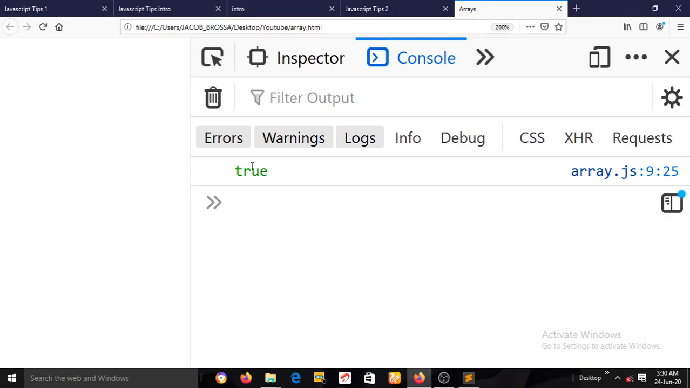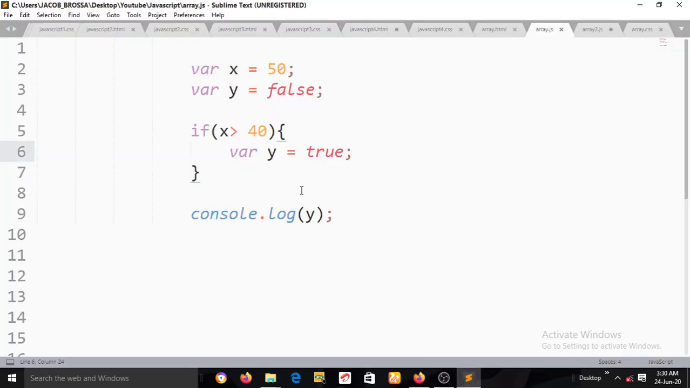you'll notice the answer is true. Now that's because you can actually declare a variable using var at the global scope and redeclare it in the block code and it will work. Now when I change this to let,